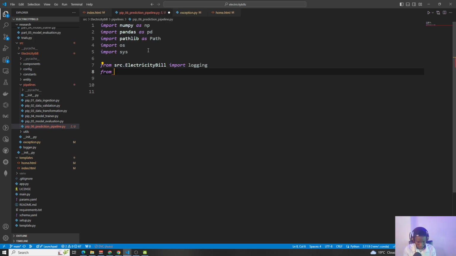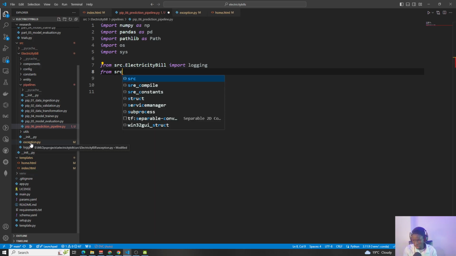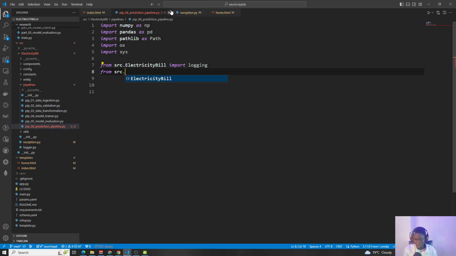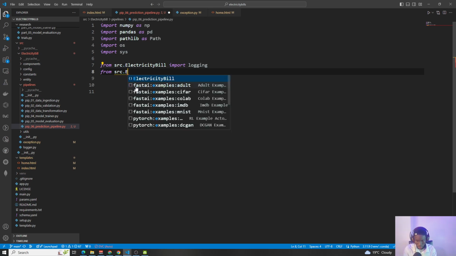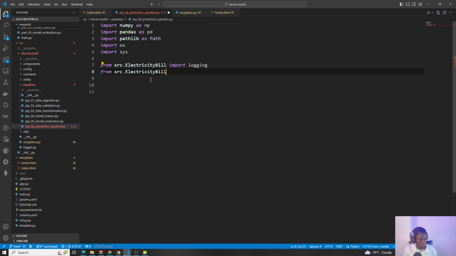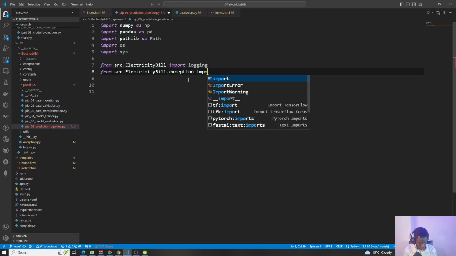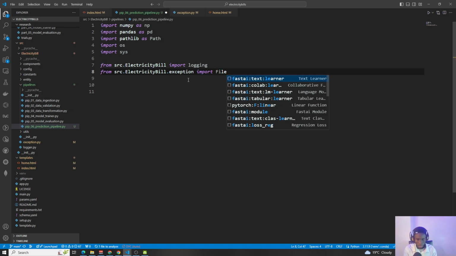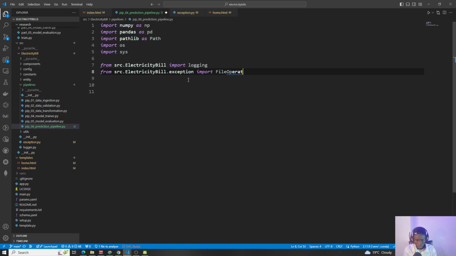So from src. Remember, we created exception.py. Currently the exception.py is empty, but we'll fill it later. But let us just import the module for that. From src.electricitybill.exception we are going to import file operation error. I'll show you how we are coming up with this. So import logging, file operation error, and also